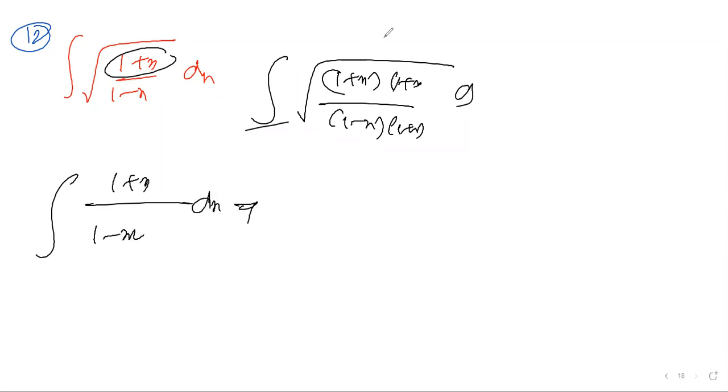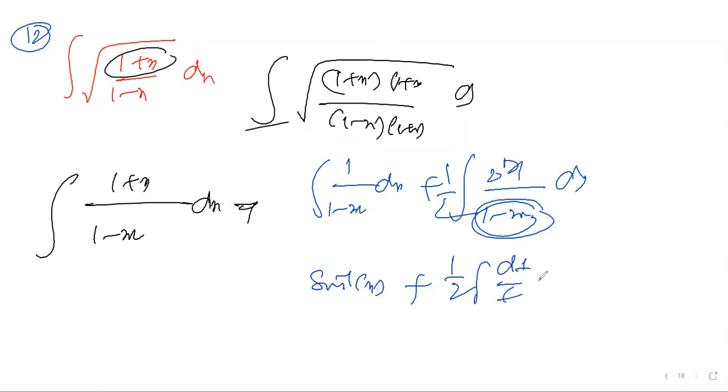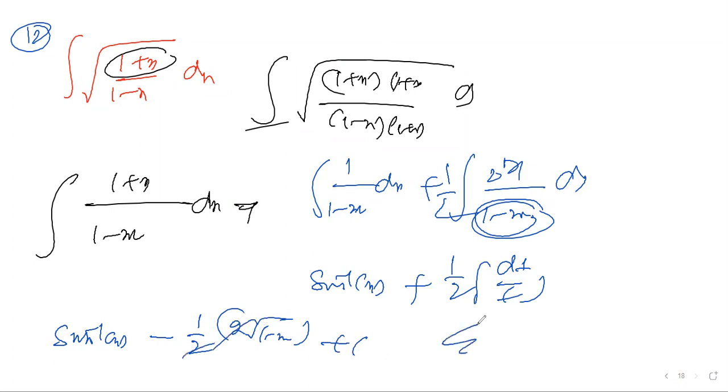This question is simple, no need to do any exercise. Split it as integration of 1 by under root of 1 minus x square dx, plus integration of x by under root of 1 minus x square dx. This is very simple. The integration of 1 by under root of 1 minus x square is sine inverse x. For the second part, you can take 1 minus x square as t, so it becomes 1 by t dt by t, and you get root t. So the final answer is sine inverse x minus under root of 1 minus x square plus c. The 2 cancels. The rest of the models will continue tomorrow.